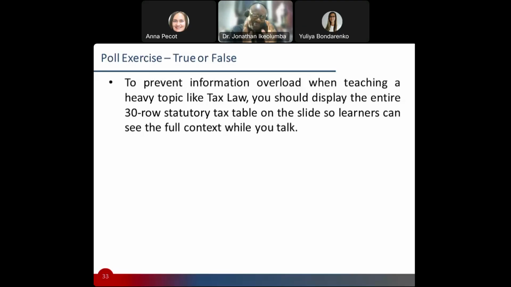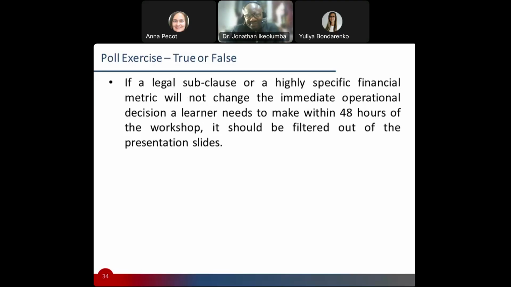It's a beautiful thing. A whole table of the various tax rates could be a document to always make reference to, which is a fantastic thing to have as a supporting document. You could speak to some of the critical tax rates they need to know, but the entirety of the table can be supporting material. Thank you, Primrose. I can see that you're also with the majority, which is the correct answer. Thanks. All right, let's look at another poll.